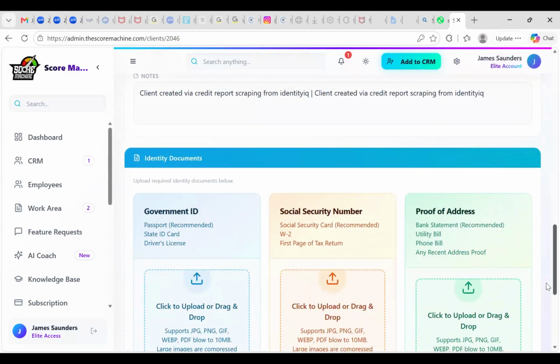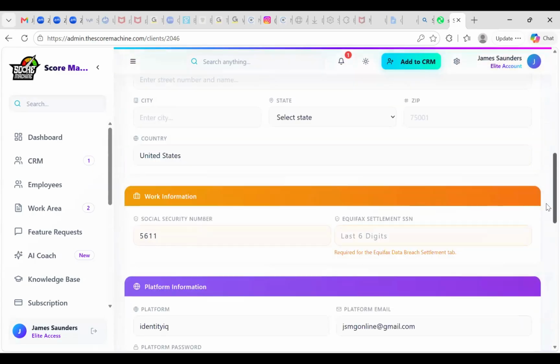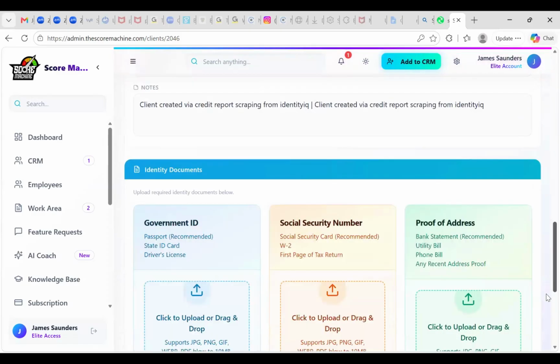So I saw your data breach, hmm. Who was your data breach with? I think it was Equifax. It was with Equifax. Hmm. Okay, so for Equifax,